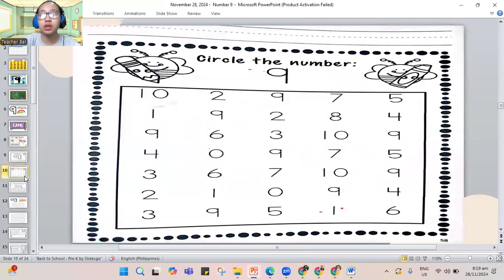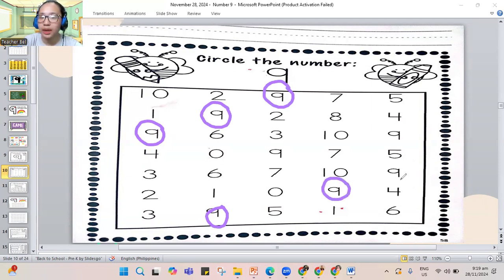And that is to circle the number 9. So what I do with this work, I have to check per column. So the first column, this one, going down, we have 9. Another one, where is your 9? This one and this one. Okay, number 3, this one, where is 9? This one. Number 4, where is your 9? This one as well. And the last one, where is 9? This one and this one. So we have all our 9s already on this page.